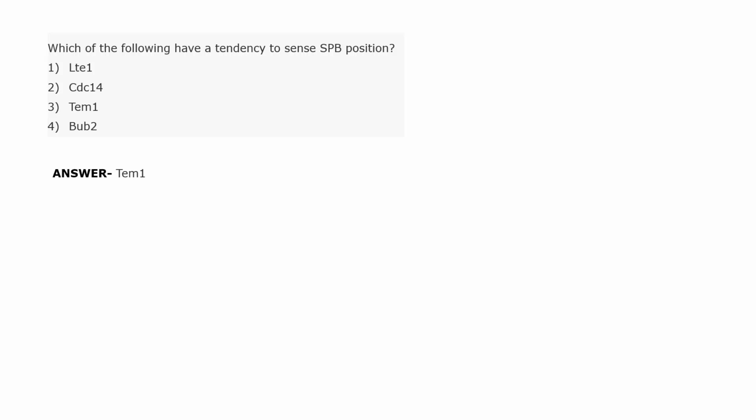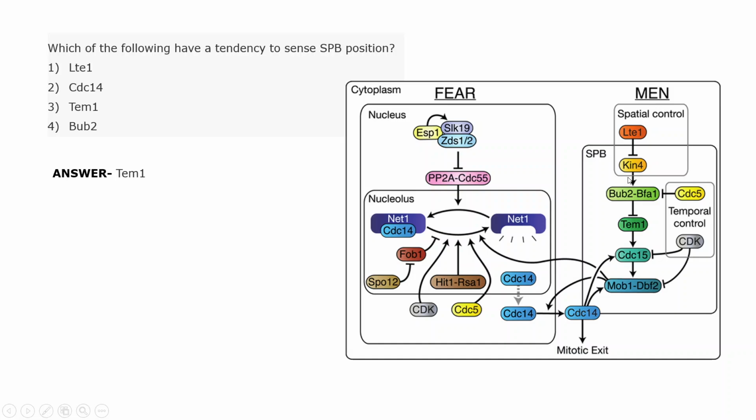Okay, so the answer to this question is TEM1. TEM1 is basically a GTP exchange factor. It can hydrolyze GTP. If you look into this mitosis exit network, you can see that TEM1 is there. The BUB2-BFA1 complex is inactivated there, leading to the activation of TEM1, because it is an inhibitor of TEM1. So it can bind to GTP, hydrolyze it, and when it is bound to GTP, hydrolyze,